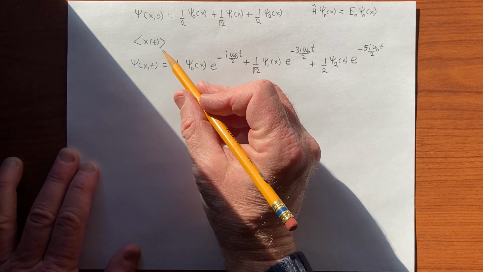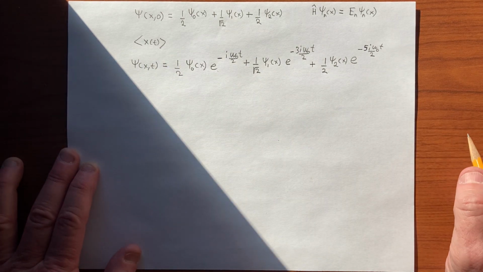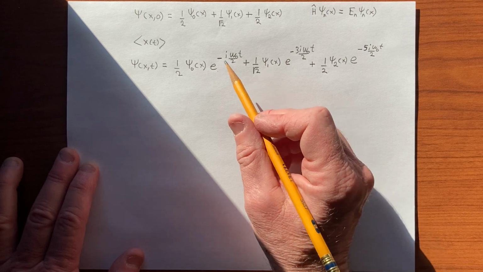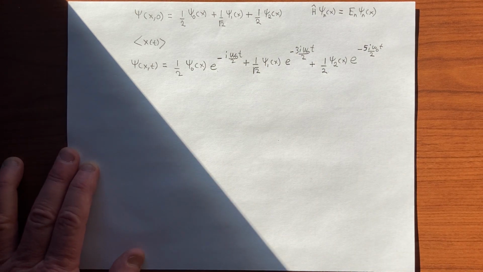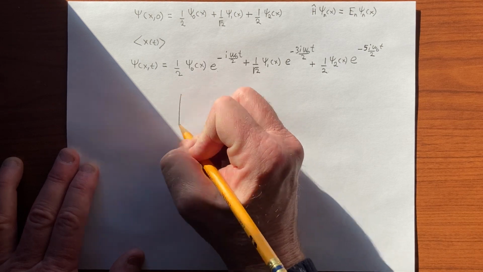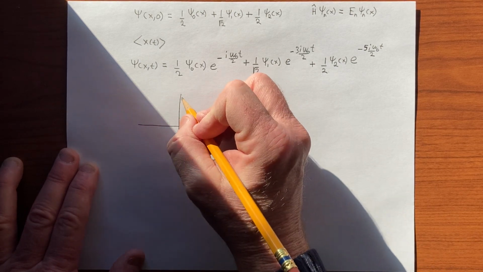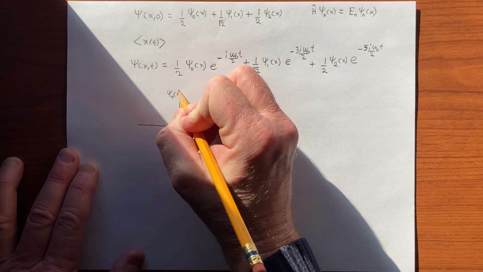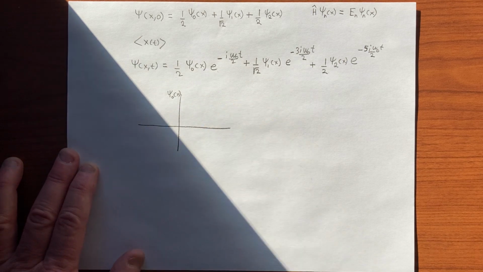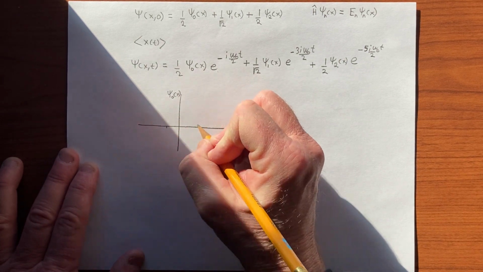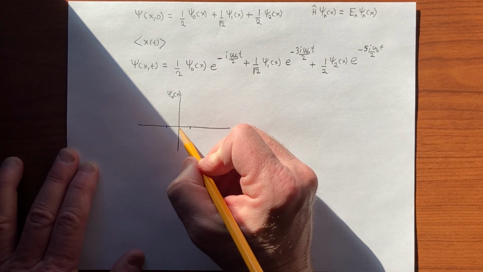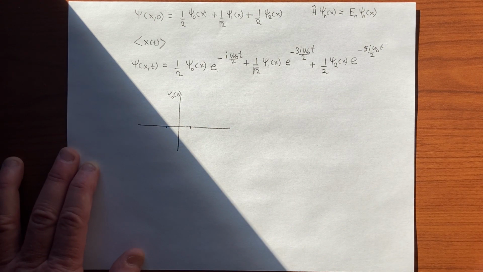So if we consider the expectation value of x, we know that this is not a constant because the parity of the superposition is not fixed. In fact, we have, so if we draw psi 0, and the turning points are, say there, and this is where the minimum of the potential is,